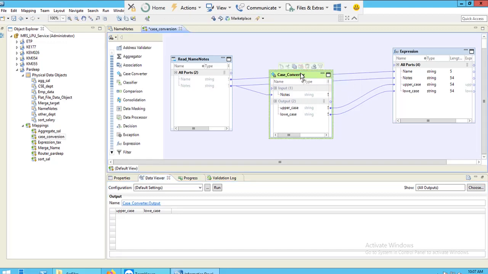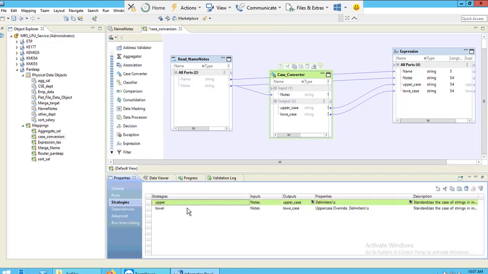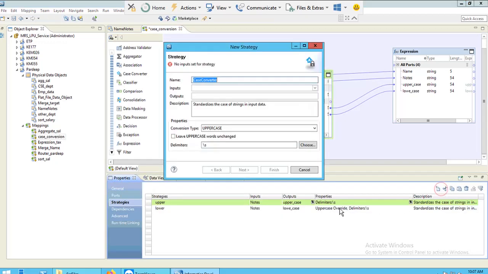I will select my case converter transformation, go to the properties, and add one more strategy here, toggle.